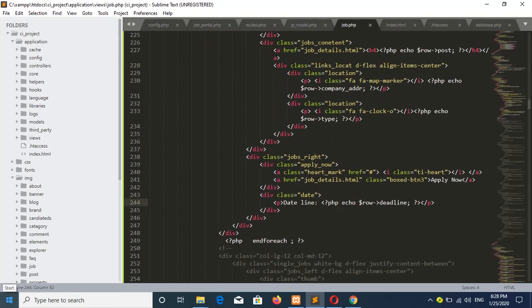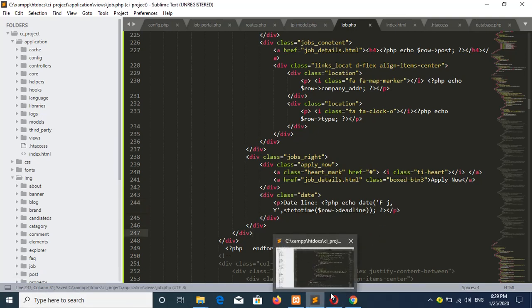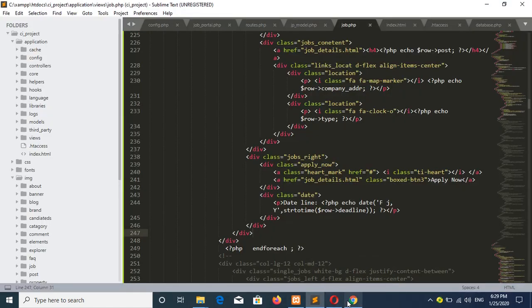So I will set the date function here to show the formatted date. Then again refresh the page. Now you can see the deadline is formatted. Now go for the next section,